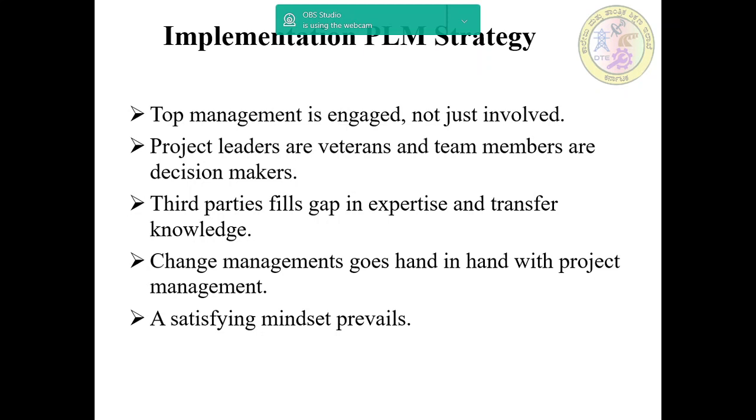With PLM projects, we need to set goals and attack as many functional areas as possible that can return improved efficiency. By linking all the functional areas in PLM and effectively utilizing all the resources, we can increase the efficiency and improve overall activities of the organization. That is about the 5 factors in implementing this PLM strategy.